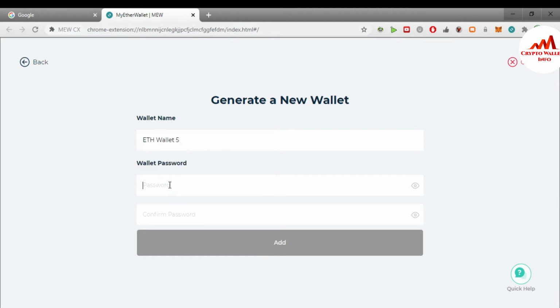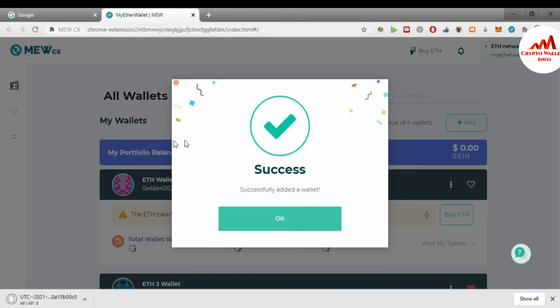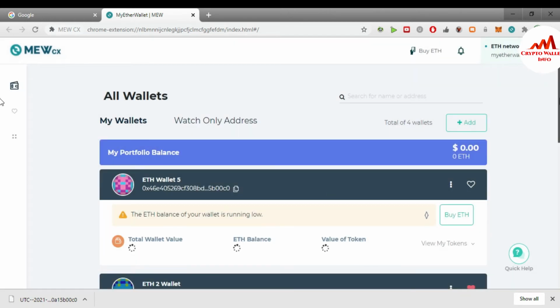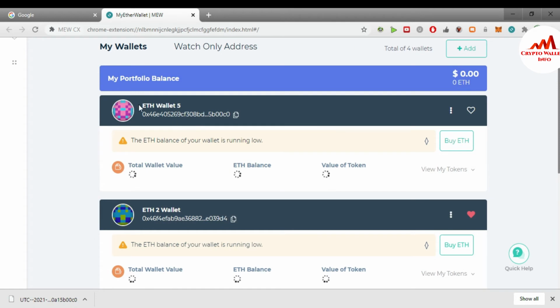I'm going to enter the password here and also confirm the password, because today I'm going to save the paper wallet of my Ether wallet number 5, and I need to get the paper wallet of my Ether wallet. So you can see here the wallet is successfully created. I click on OK, and you can see here at the top of the list Ether wallet number 5, which I have created right now, and I want to get the paper wallet of this address.